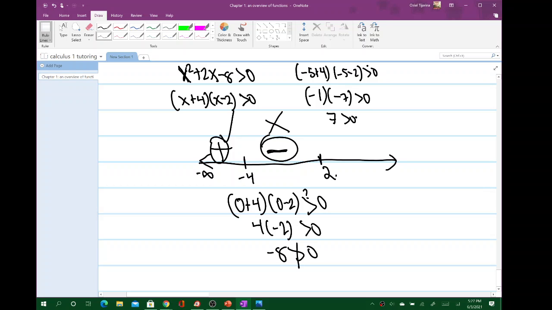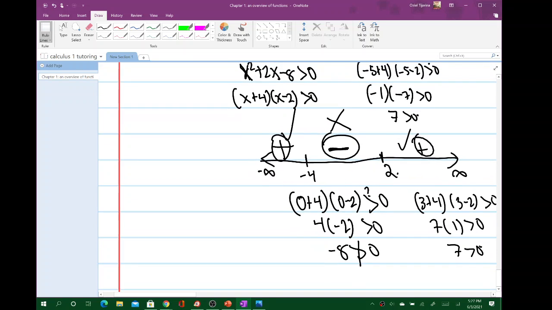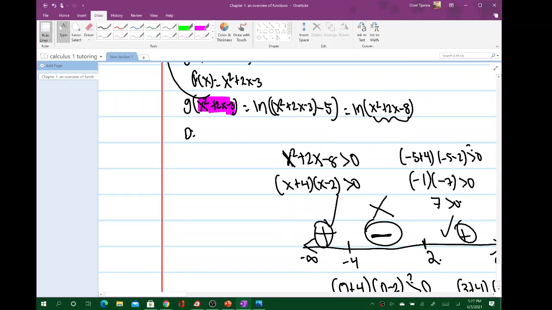And then from 2 to infinity, we can plug in 3. So if we do 3 plus 4 times 3 minus 2, is that greater than 0? It's basically 7 times 1 is greater than 0. 7 is greater than 0, so yes, this works, because this is positive. So basically, the domain of this would be,